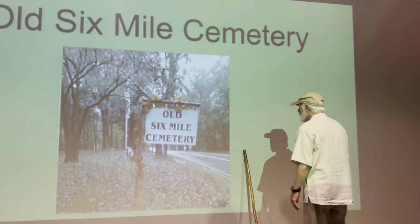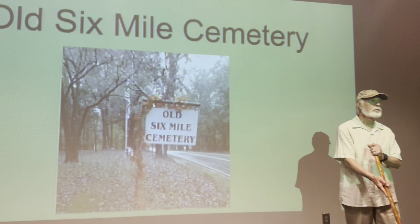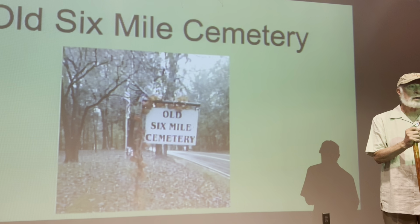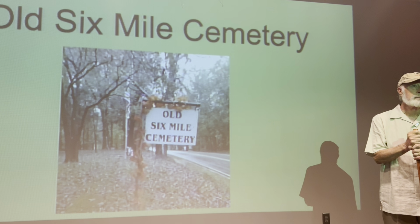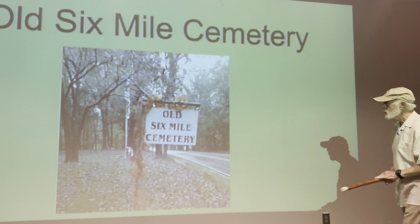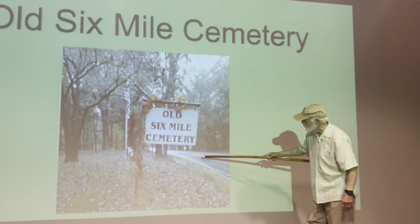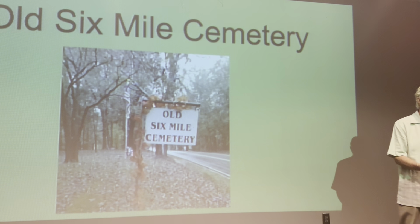Okay, Old 6 Mile Cemetery is on Henry Harris Road in Indian Land. Are you familiar with the area? Know where that is? It's, as the crow flies, probably 10 miles from here in a direct direction. But it's right on the road. And if you look at this piece of road right here in front of it, it's what was called the